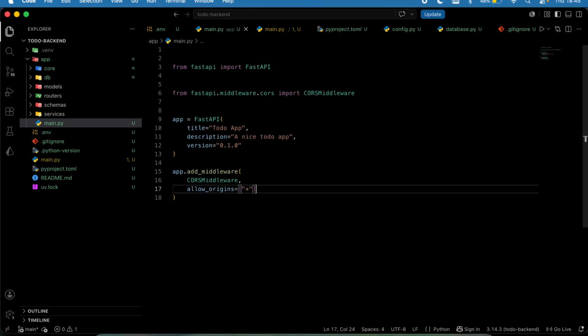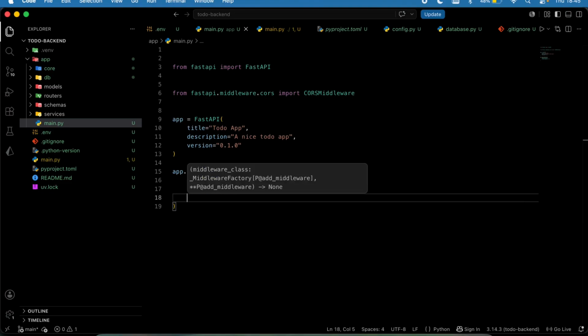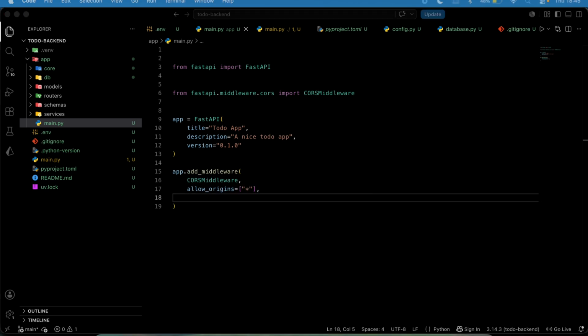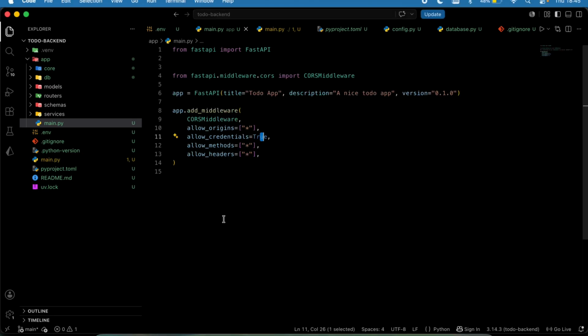We want to allow all endpoints, our origin from everywhere. Then I'm going to say allow credentials and then some other allow methods and allow headers. Just do those ones like that. Allow credentials true, allow methods, and allow headers. Okay. And after that, I am just going to create a simple